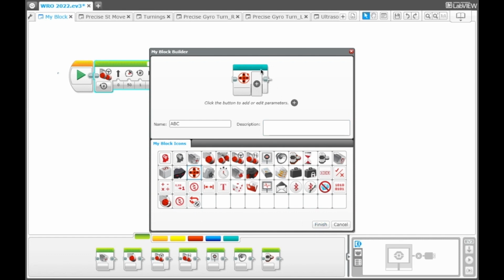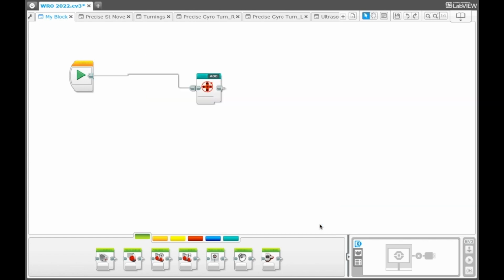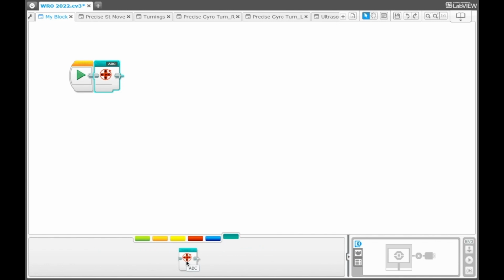And if you observe this My Block, you can see this plus button. This plus button is used for adding extra parameters. We will learn about this later in this video. So now let's click on Finish, and after clicking on Finish, it will convert the program into a single My Block. And now if you go to the My Block section, you will see your My Block in that,